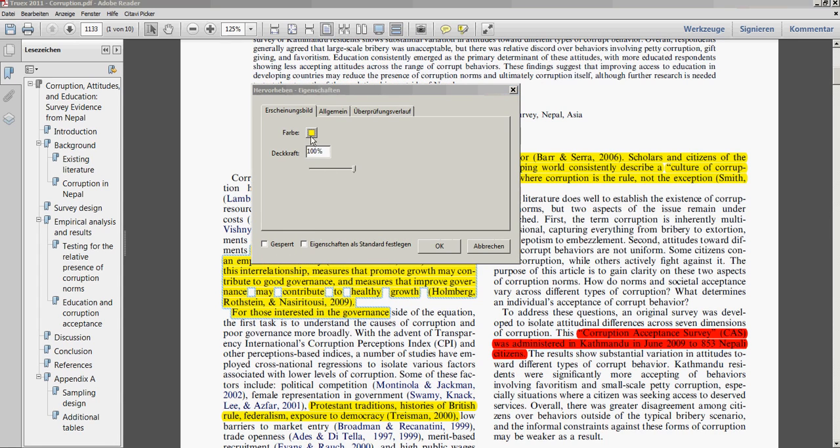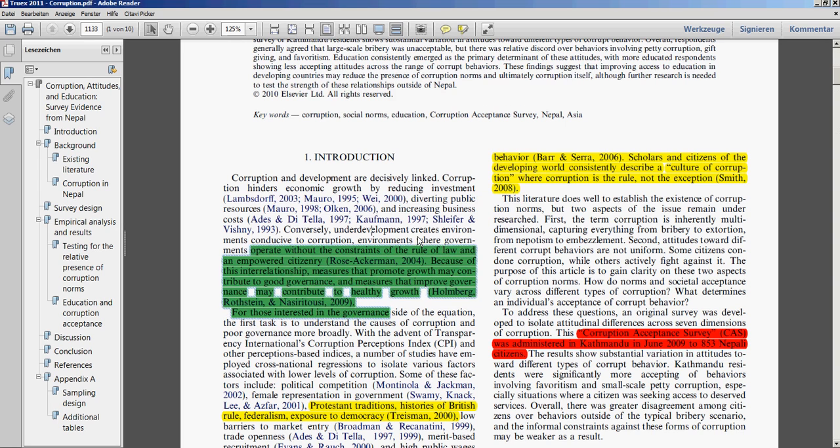Yeah, you can use different colors, like green, depending on what you want to do. Maybe this is a reference to another article, so everything related to game theory I'm marking in green, or something like that. And what I would do is just save this after I've read everything, or read as far as I want to read. Then